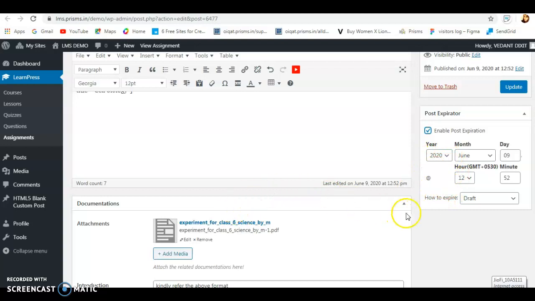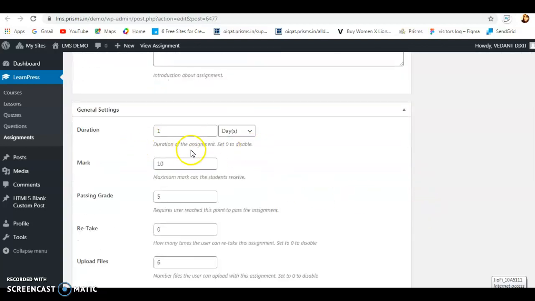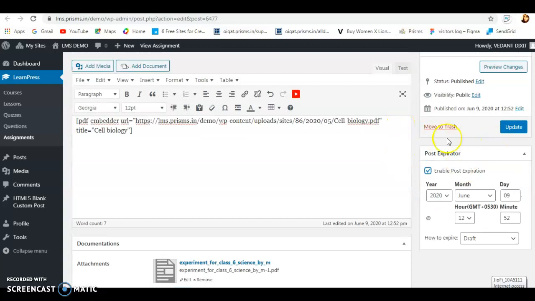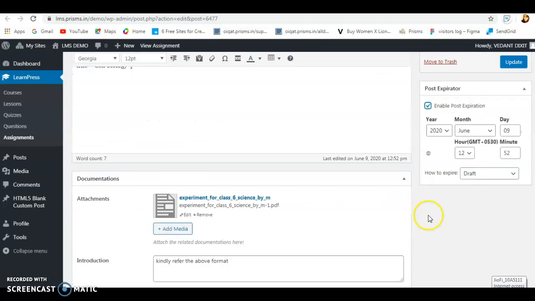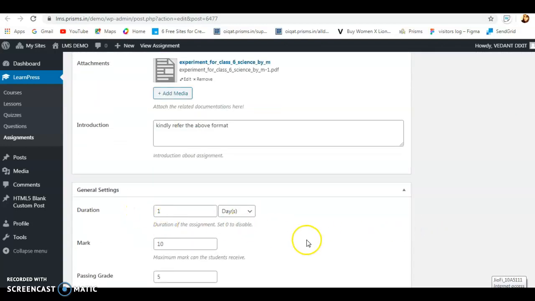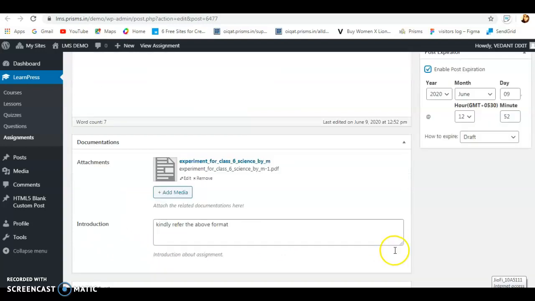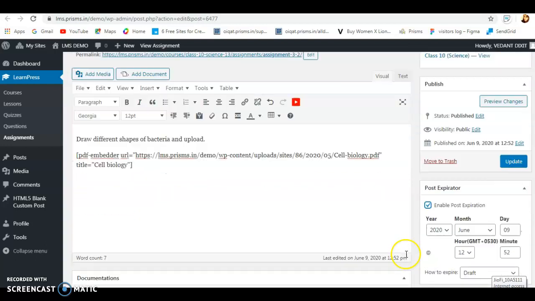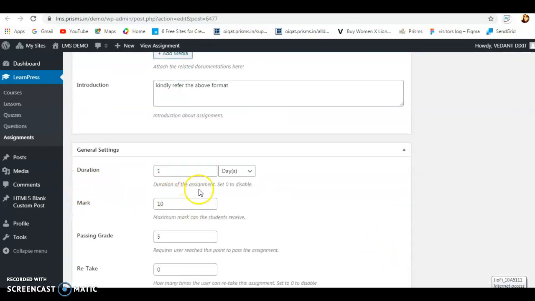A lot of teachers also have a confusion between the duration and the start date time and end date time. So just to clarify that, duration is whenever the student starts that assignment, that is the time available for them to solve and upload. Now the date time specification is that whenever you publish, the students have the leisure to complete it. If the duration is 1 day, if they start it today, then they have today's 1 day. If some students start tomorrow, it will count from the moment they click on start.